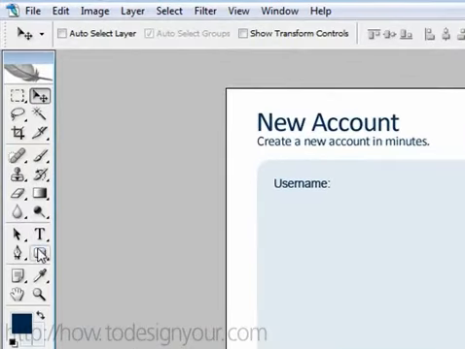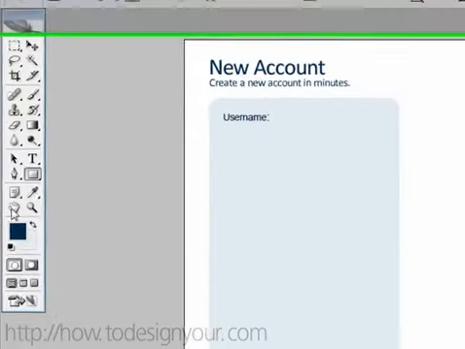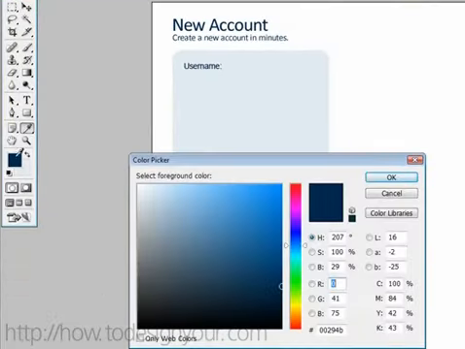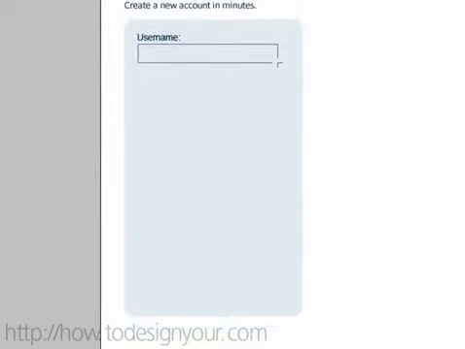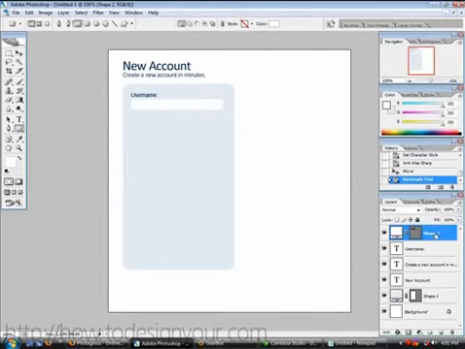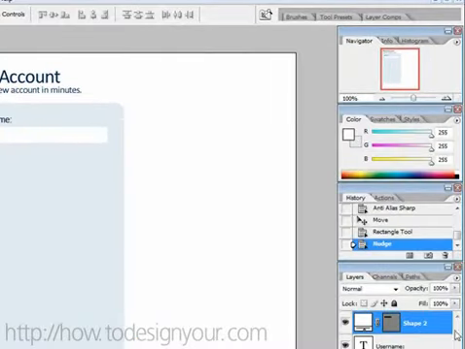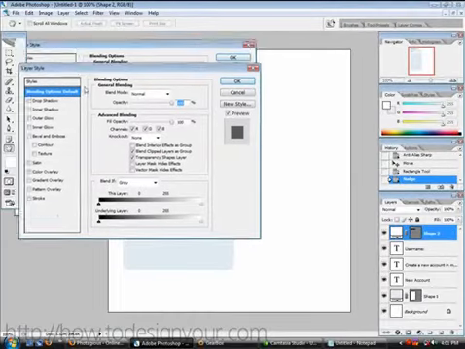Alright, and then what I'm going to do, I'm going to take the rectangle tool, and that's going to serve as our text field. So take the foreground color, select white, hit OK, and then we're just going to drag out, say right to around here, just to keep it even here with these paddings, even though it's pretty big. Alright, we're going to take our move tool, we're going to hit the down key a few times, then we're going to double click over here on this layer we just created,